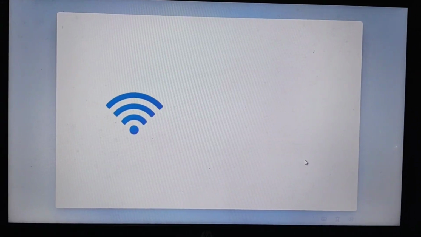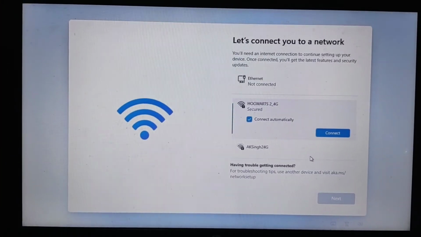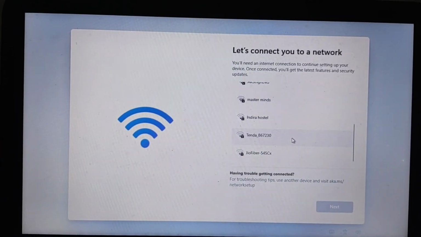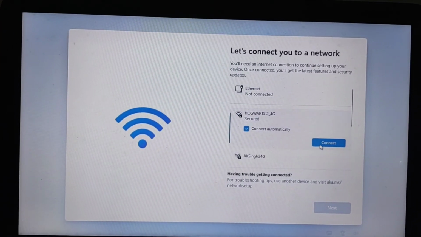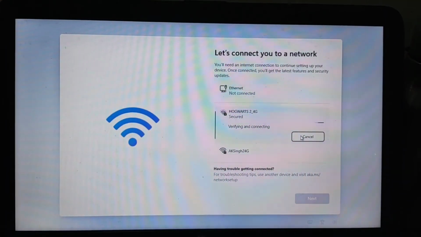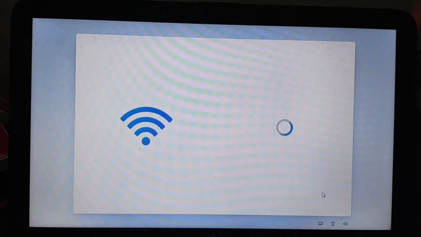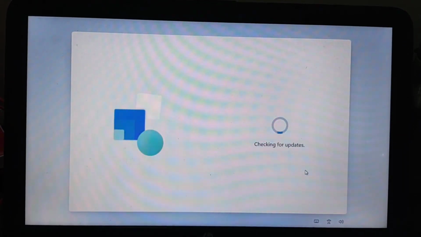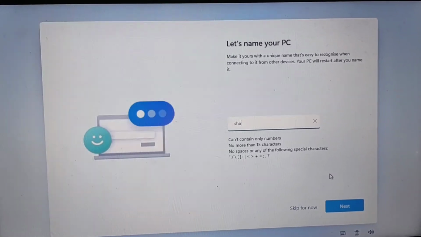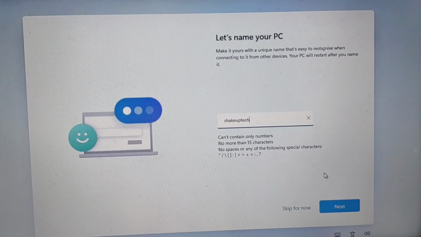Now it will ask us to connect to a network, and there is no skip button, so we have to connect to a Wi-Fi or Ethernet. So I'm going to select my Wi-Fi. It will check for updates and will take some time. Now we need to rename our PC. So choose a name. You can also skip this step,